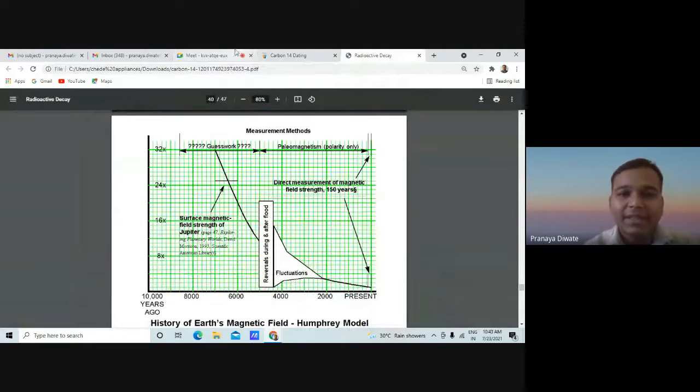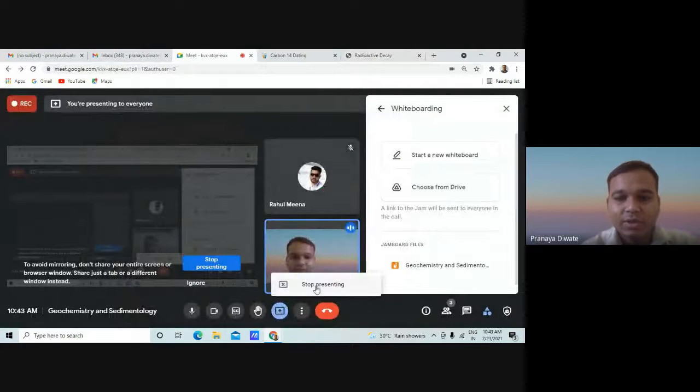So what is the application of this radiocarbon dating? Recent history is very much important for mankind, so the application of radiocarbon is very vast. Most of the application is also in geology, but archaeology people use this more, because they know about the Bronze Age and all this.